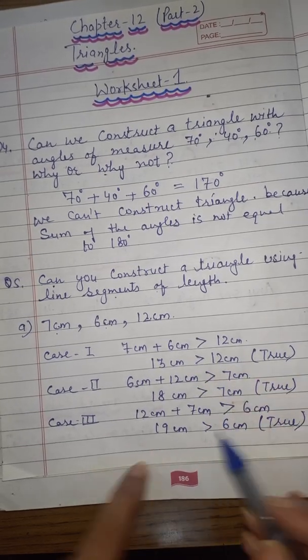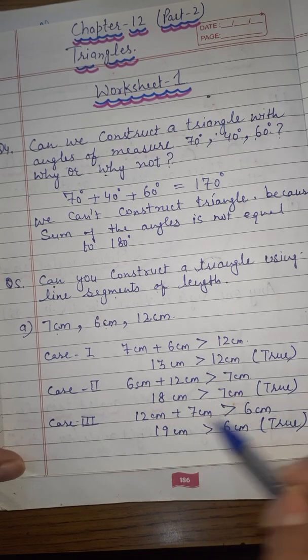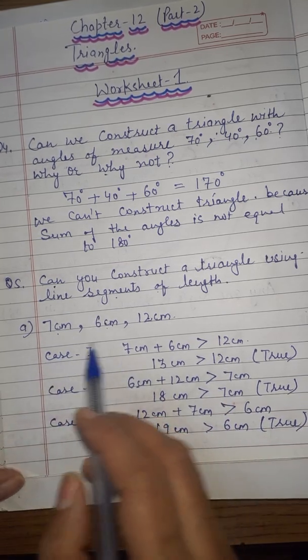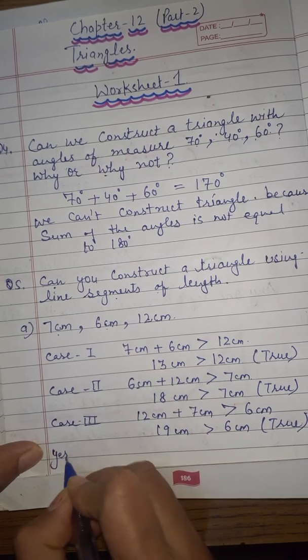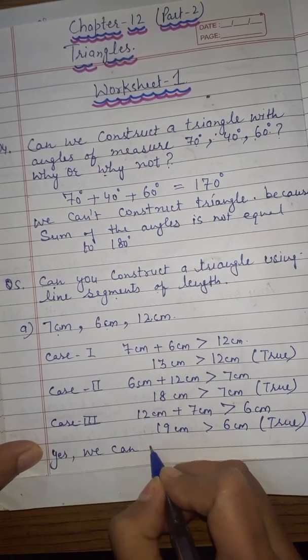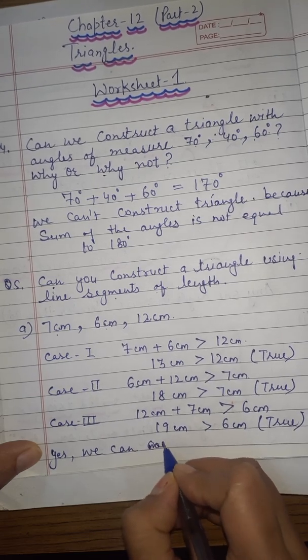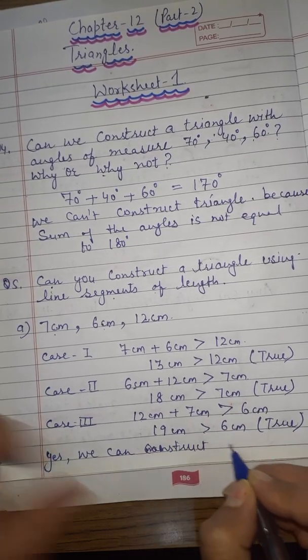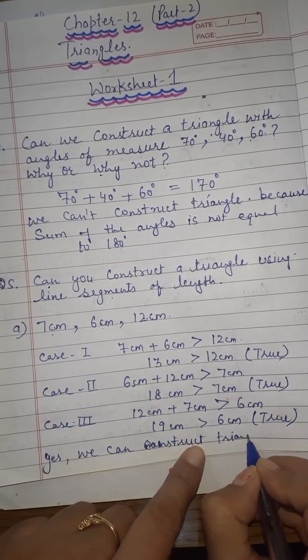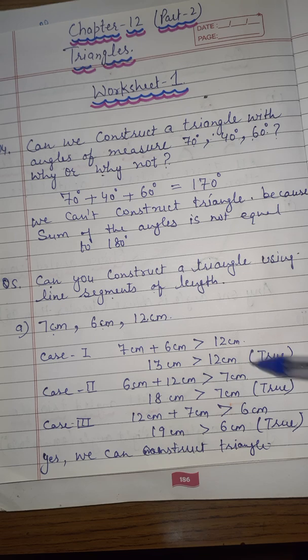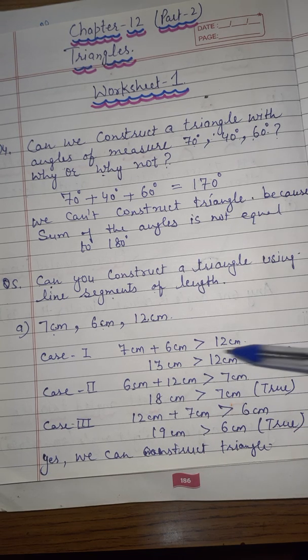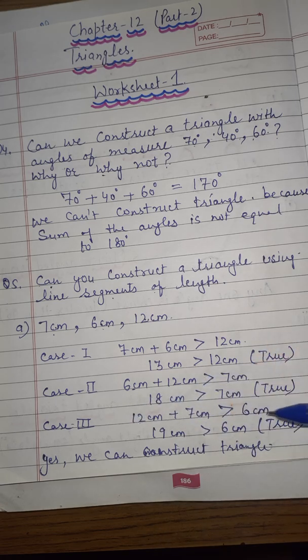So all these three cases are satisfied. Thus we can construct the triangle by using these measures. Yes, we can construct the triangle. If one of the cases is not satisfied, that is, the sum of two sides is less than or equal to the third side, then the case is not satisfied, and we cannot construct the triangle. Now the sixth question is,